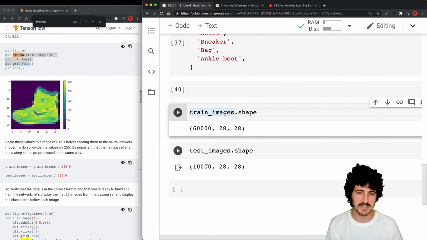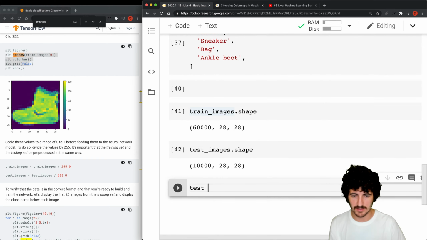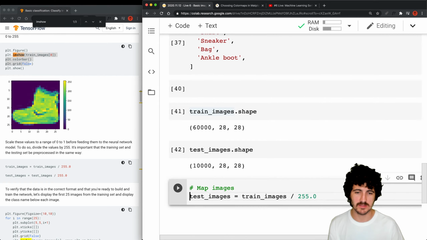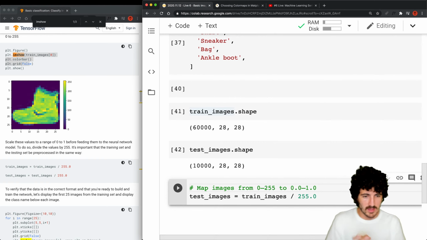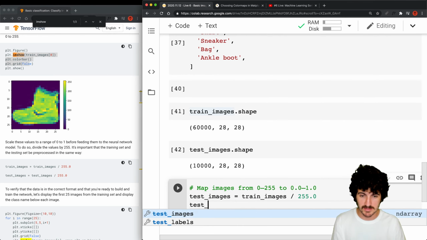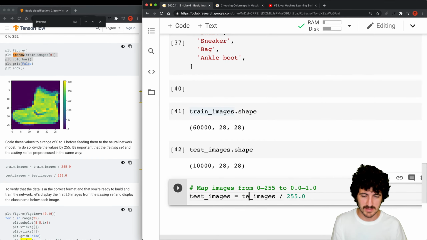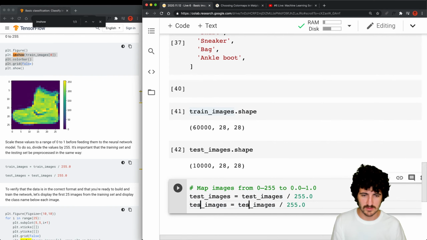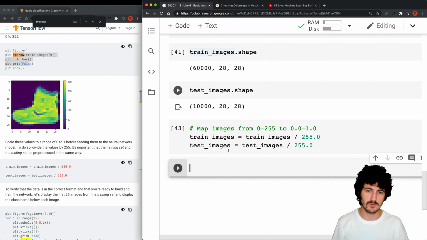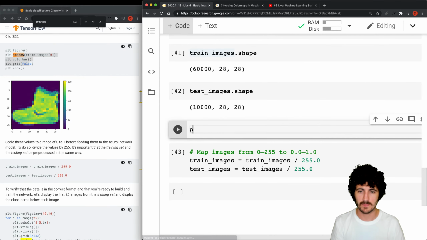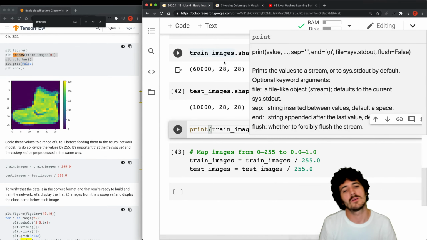And what the tutorial asks us to do here is format our images and map them from the range 0 to 255 to the range 0 to 1. So how can we visualize this? This is test images, and then we'll have train images. If we were to print the images right now, before and after this step, let's just try to do that. Let's say here print train images 1,